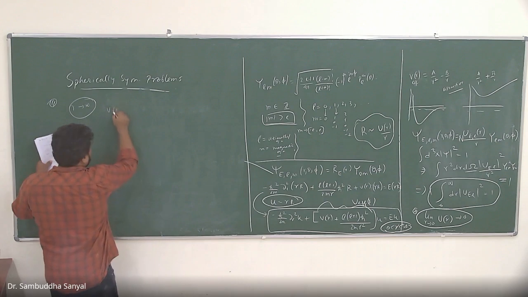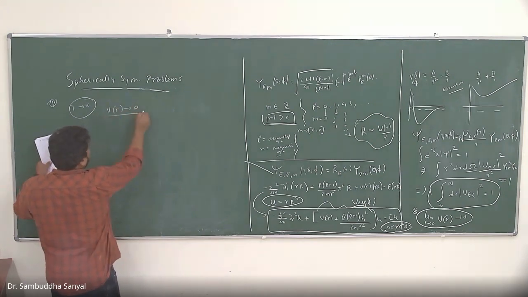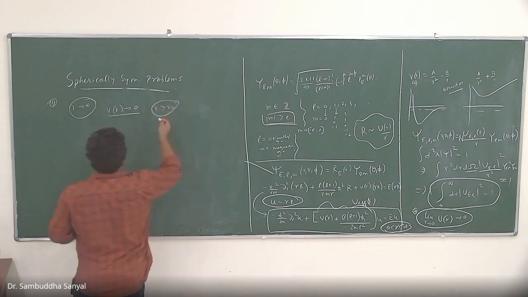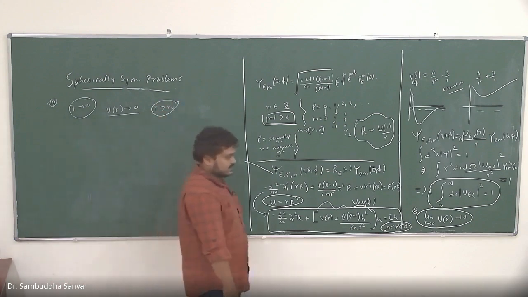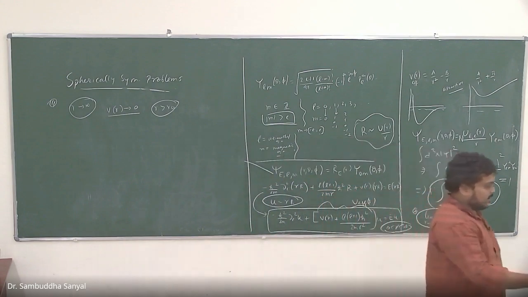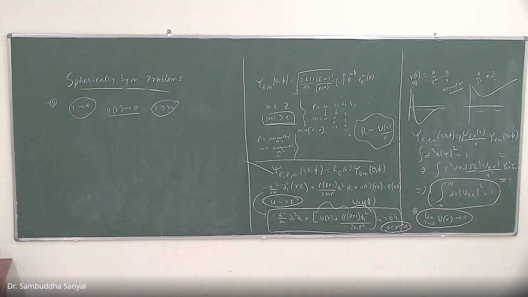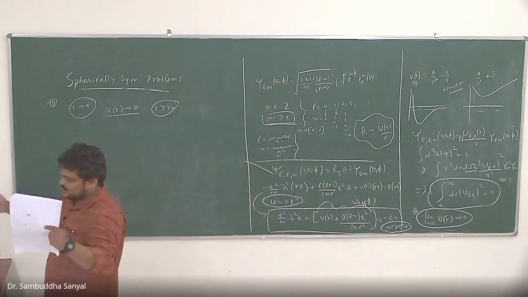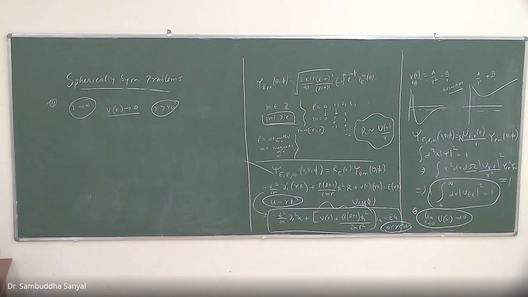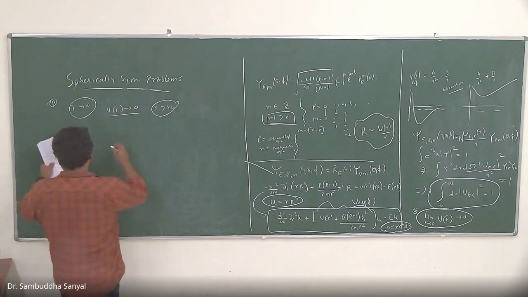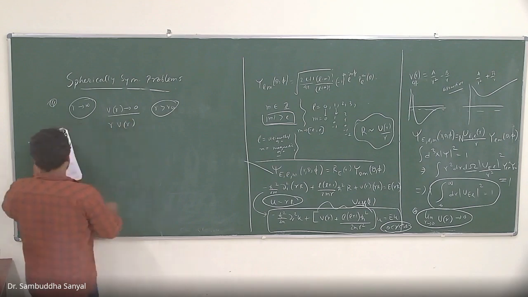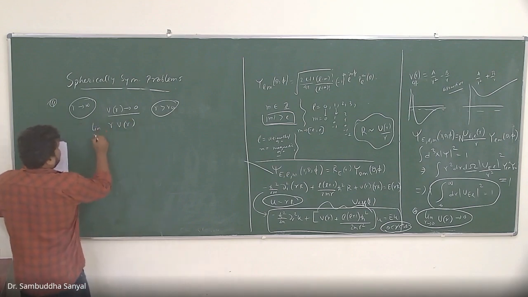Let us say I am discussing a problem where V(r) goes to 0 at large distance. This can happen in many problems. For example, even the Coulomb potential falls to 0, or any other bound potential, but it need not always be so. For example, a 3D spherically symmetric harmonic oscillator, that is not true. When this is true, a more useful condition is this: this thing is going to 0.